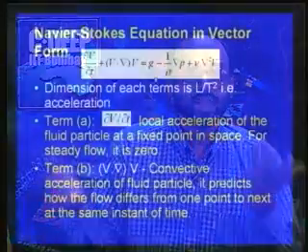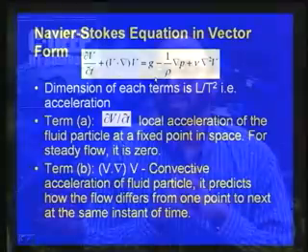So, like this we can see that in the Navier-Stokes equation, when we write the vector form, we can represent each term as an acceleration or deceleration term depending upon the case which we consider. Now, before further discussing how to get some solution for this equation, we will see the significance of a few of the terms.